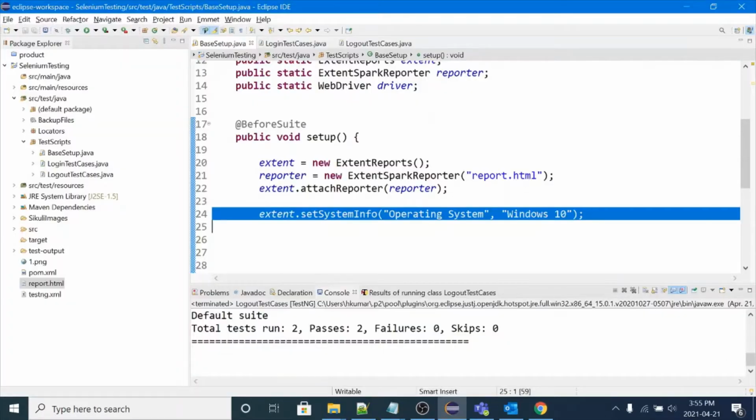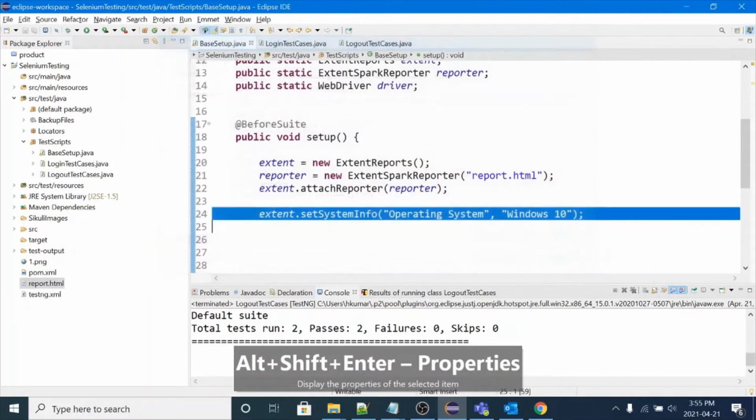Now if you want to make it dynamic, let's suppose Java code should read the operating system of your system. So you can use Java code System.getProperty. So let me refactor this code.